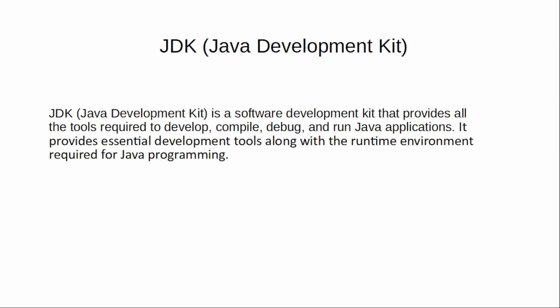So let's start with the JDK because this is what every Java developer works on a daily basis. JDK is like a complete toolbox for Java development. Whenever we write Java code, that code is just plain text. The computer cannot understand it directly. So we need tools that can compile, test, debug and run that program. All those tools, the compiler, debugger, documentation tool, everything comes inside the JDK.